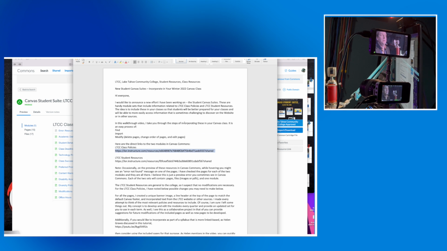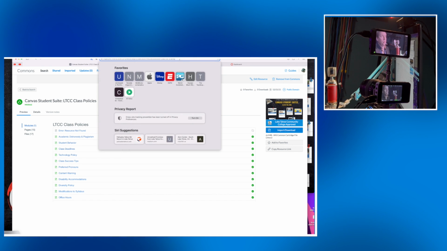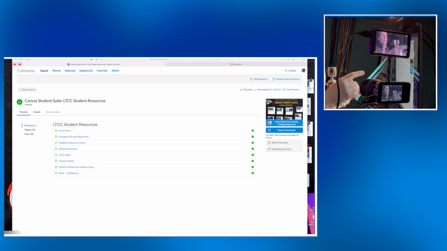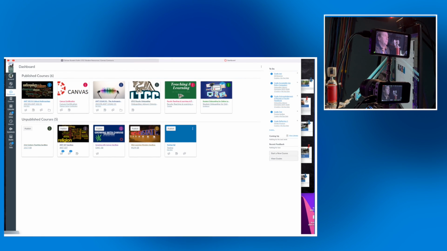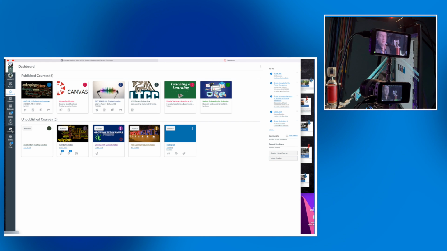So one way to find this, again, is to locate my email and to cut and paste that link for each of the 2 module resources. Once you do that, it'll take you to the direct page in Canvas. An even easier method of doing this is going to your Canvas class, and on the bottom left corner here, near the bottom, and mine is third from the bottom, on yours it might differ, you're just going to click on Canvas Commons.